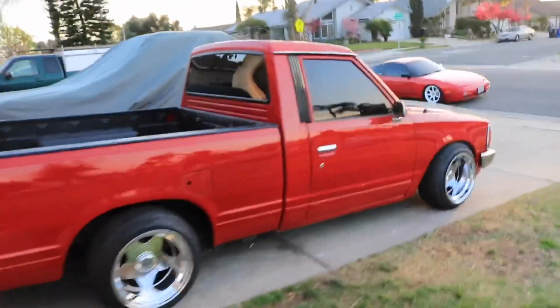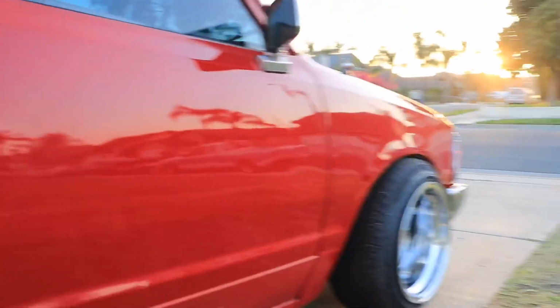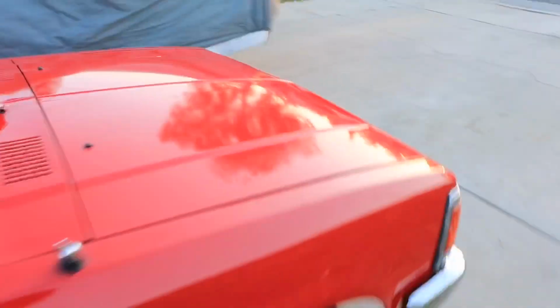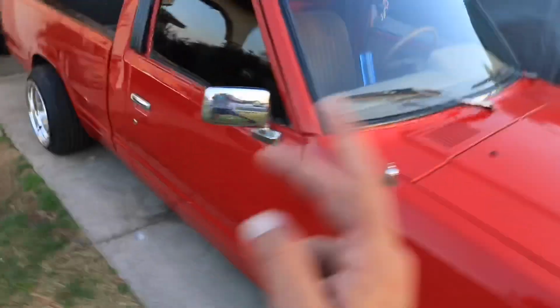Had to take a picture of that real quick, but yeah, now you can see my reflection, which before you couldn't even see anything. It was just super bad. I did not think that product was going to do this, but just for reference,